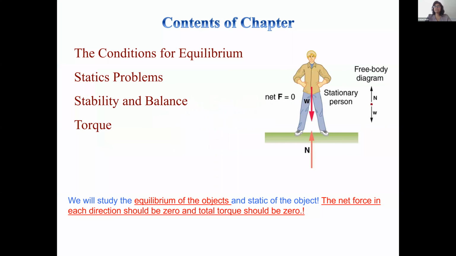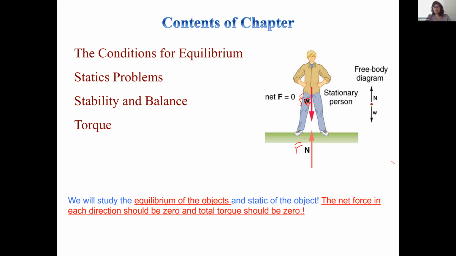Okay, so as I mentioned, equilibrium will be very simple. Think about that you're going to stand on the floor. Then we can say you are at static equilibrium. Why? You are at rest. How is it at rest? Because your force of gravity, I'm going to write F of g, will be equal to, I hate to use this symbol, force of normal. So force of gravity and force of normal should be equal and in opposite direction. Because of that, net force is going to be 0. Then we can say, okay, this person is stable, and we can use the equilibrium information to solve the problem,